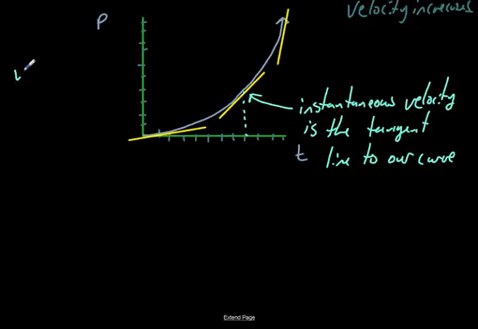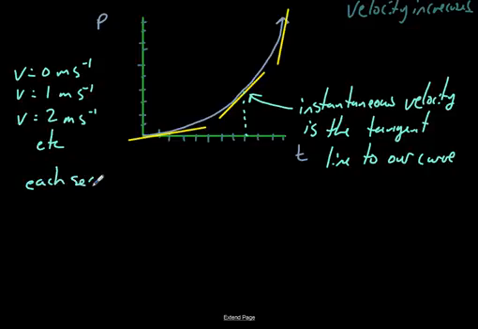At time 0, velocity was 0. At time 1, that velocity might have been 1. At time 2, velocity was 2. Etc. So what I'm saying here is, every second, I'm going 1 meter per second faster than I was before. Does that make sense? So if this is the numbers I get from here, I could say each second I get 1 meter per second, and it could be 2 or 5 or whatever, 1 meter per second faster. Or I go faster by 1 meter per second,